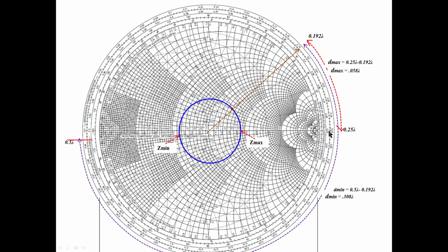Okay. So you see here, this is a load point. I moved a distance here. I want to know at what distance I am from the load. That I have to find out. For that, you draw one more line here like this. It is coinciding with a wavelength scale here. On the wavelength scale, 0.25 is written here.